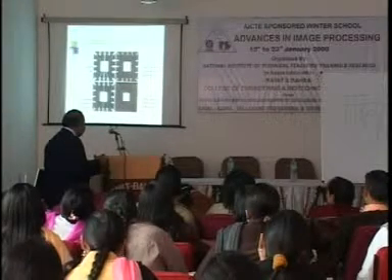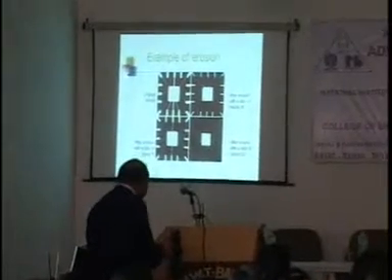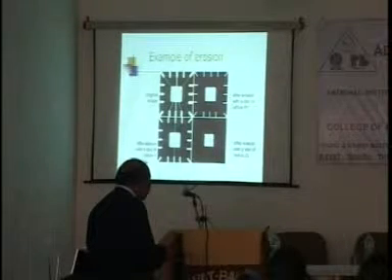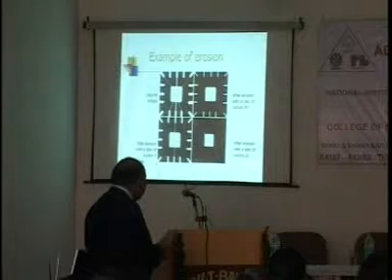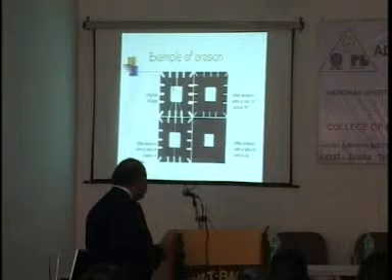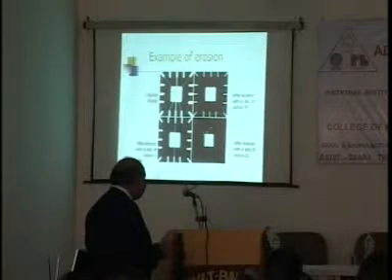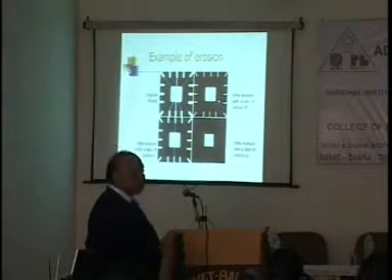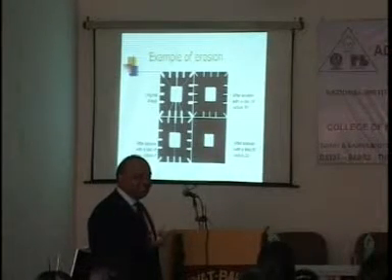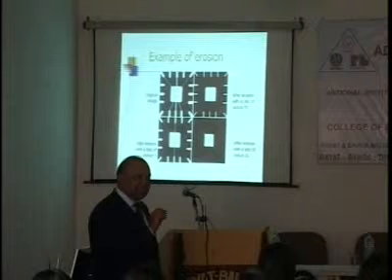Now just take an example. This is, say, a PCB. I just want to erode these small patches. This is a thin line. This is a thick line. If I use a disc-like structure of radius 5, my thin lines will be removed. The central thick line will become thin. If I use a radius of 5 to 10, all the connecting lines will be removed. So this I will show like a PCB person. If it is shown to me, I will say yes, there was no connection. If it was coming in the image, this should not be there.